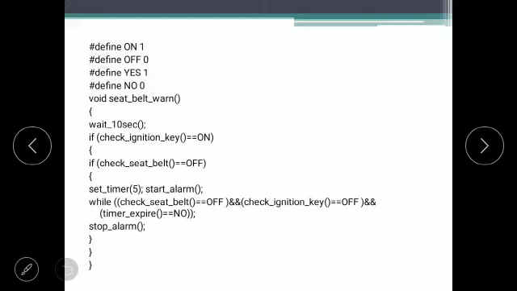Then even after 10 seconds, if the driver is not wearing the seat belt, then set the timer and the alarm will start. Now after this, by chance if he wears the seat belt, then the alarm has to stop. That's why we are checking this while condition. Check for seat belt, check for ignition, timer. If any one of these conditions fails, then we have to stop the alarm.